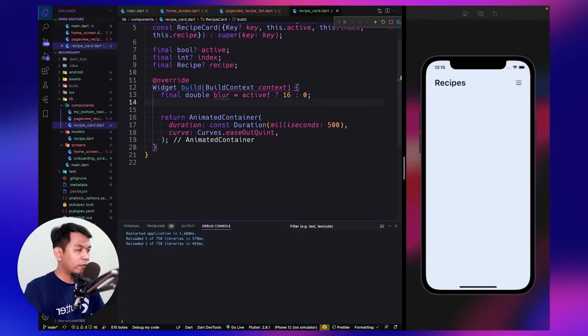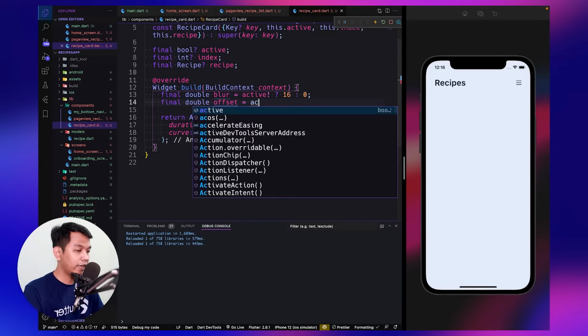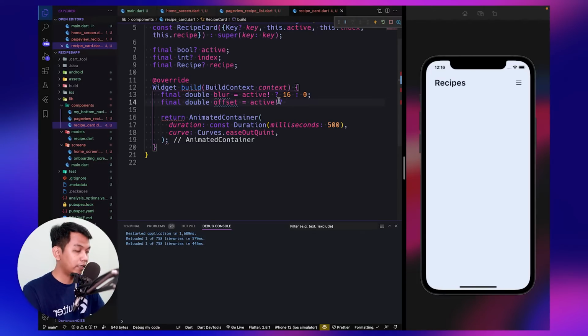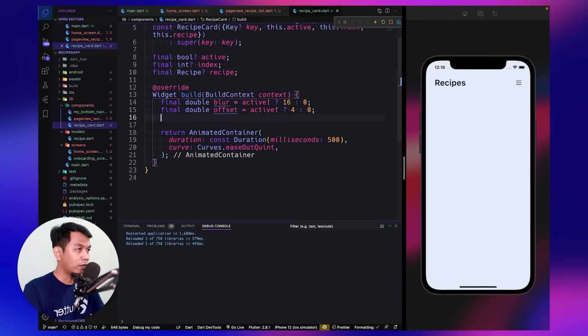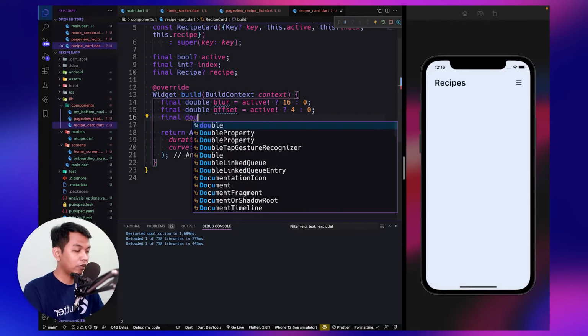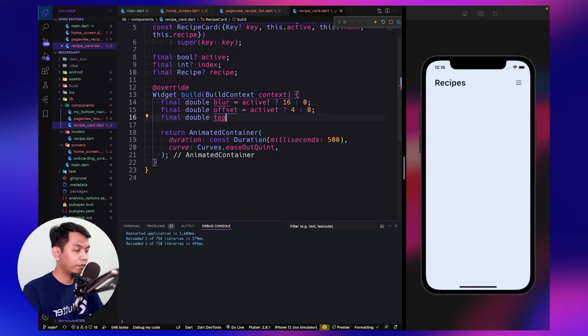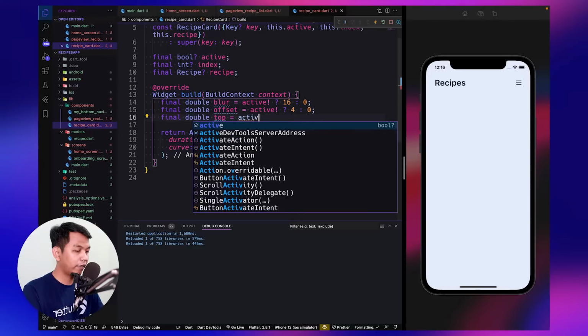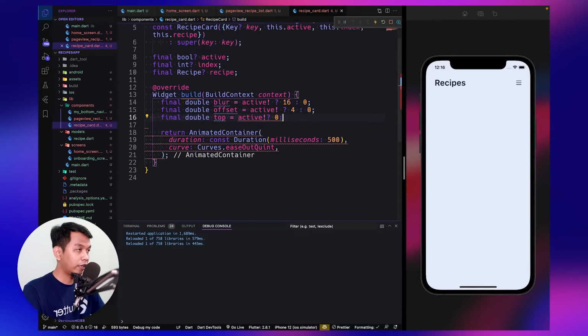So the blur is for our box shadow. We will see later. And the next is offset, and we say active, and this we say 4, and when not active is 0. And the last but not least is top. So when active is 0, and when not active is 46.